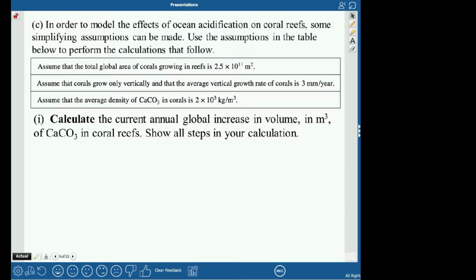Okay, so it says assume global area of corals is 2.5 times 10 to the 11 meters squared. Assume that corals only grow vertically. The average vertical growth rate is 3 millimeters a year. We know that's not right, right? Corals actually grow like this. They just grow out like this, right? But we're assuming they grow vertically. We're assuming the density of CaCO3 is 2 times 10 to the 3 kilograms per meter cubed. So right now it wants us to calculate the current annual global increase in volume in meters cubed of CaCO3